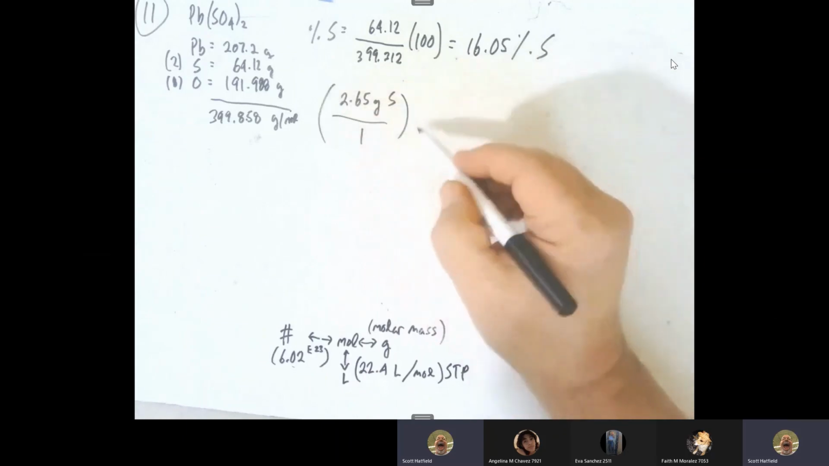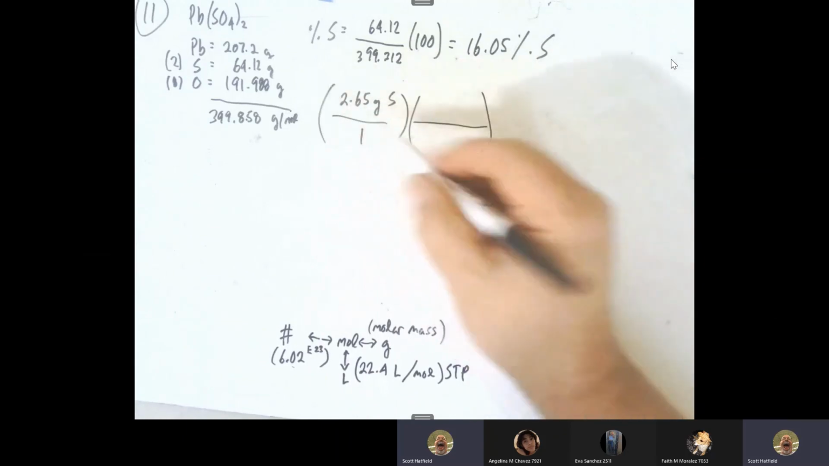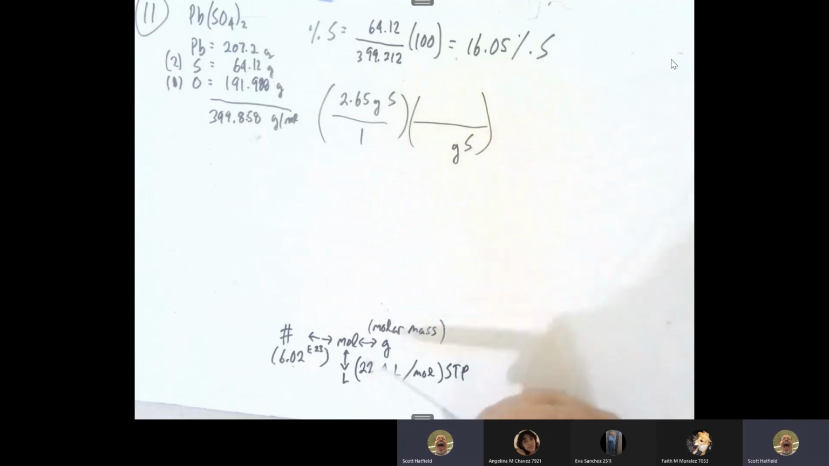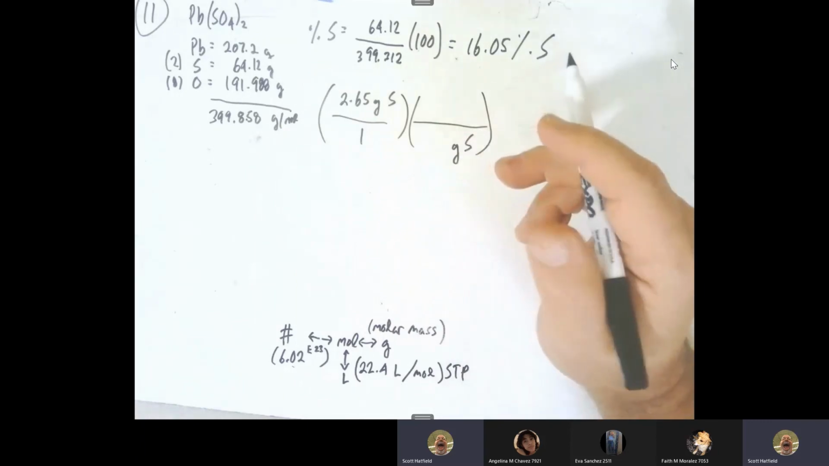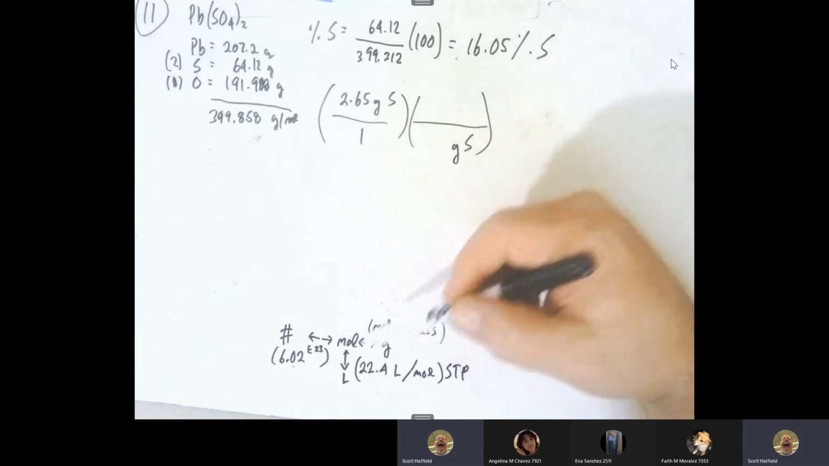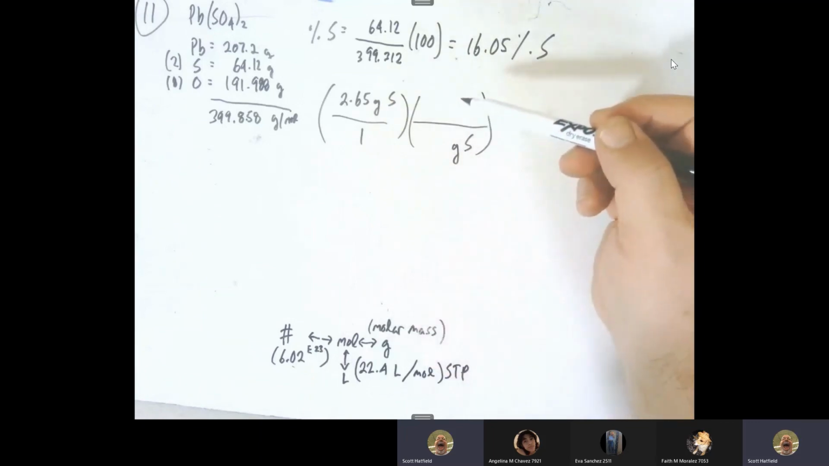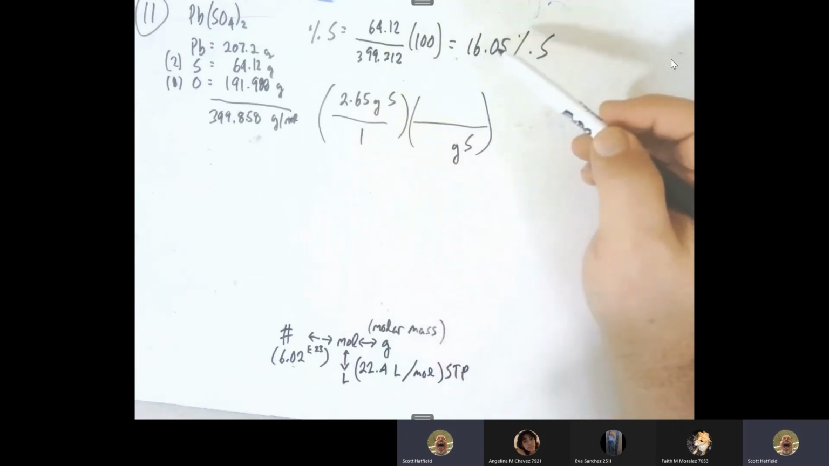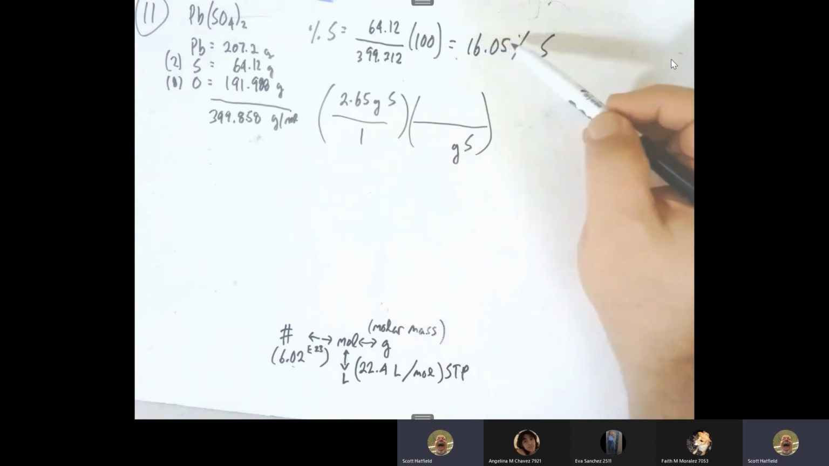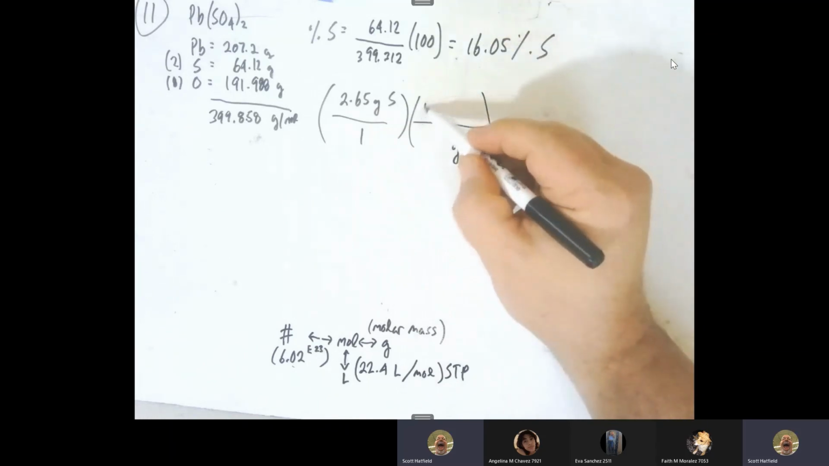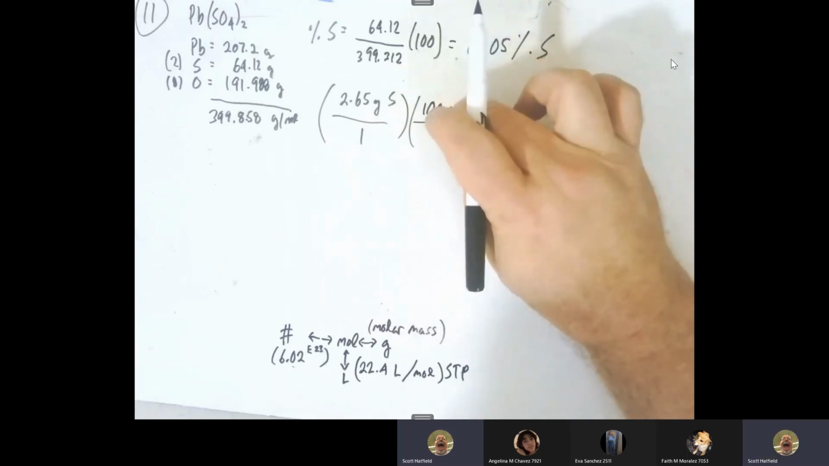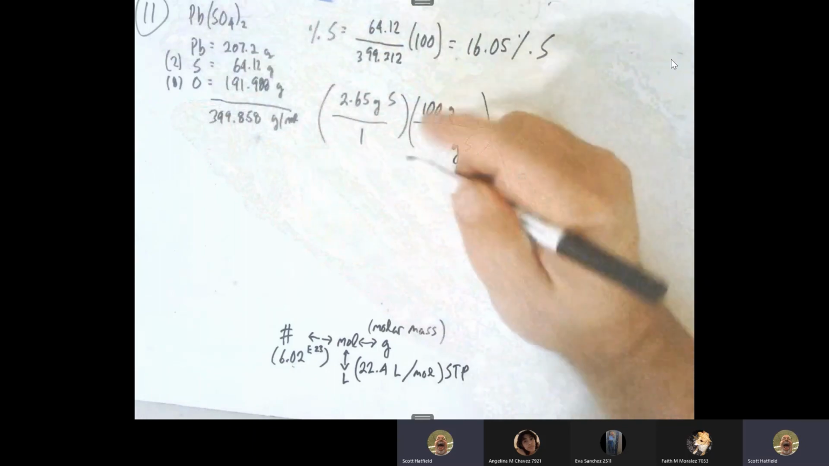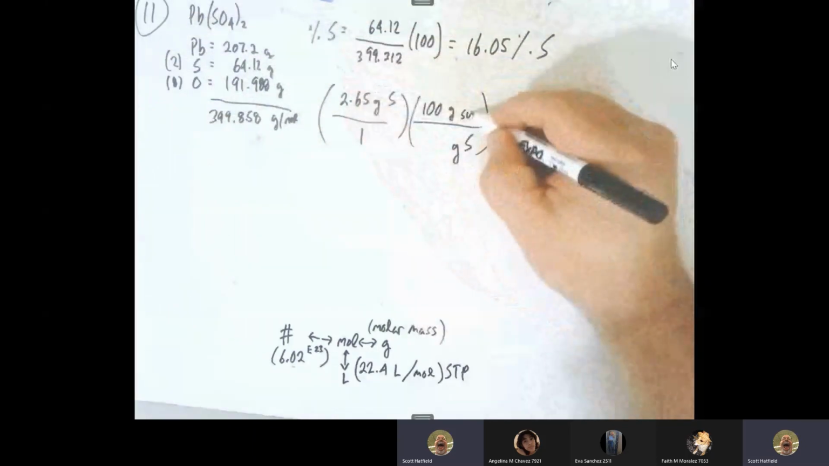That's our given, over 1 inside parentheses. Since grams of sulfur is given on the top, we know we're going to have grams of sulfur on the bottom. We're going to be using the molar mass to go from grams to moles. And in this case, instead of using the molar mass, now we're going to flip the script, and we're just talking about the percentage, and the percentage says 16.05%. So if I've got 100 grams of this substance, I'm not going to write PbSO4,